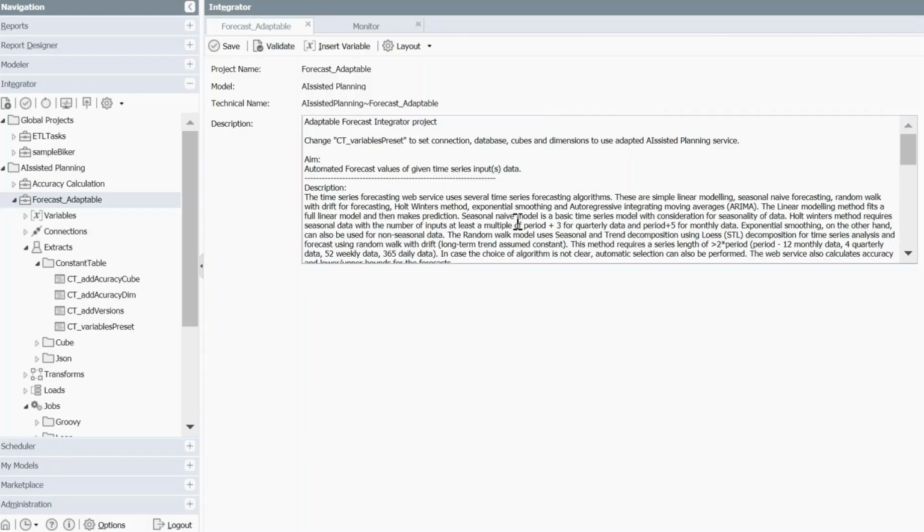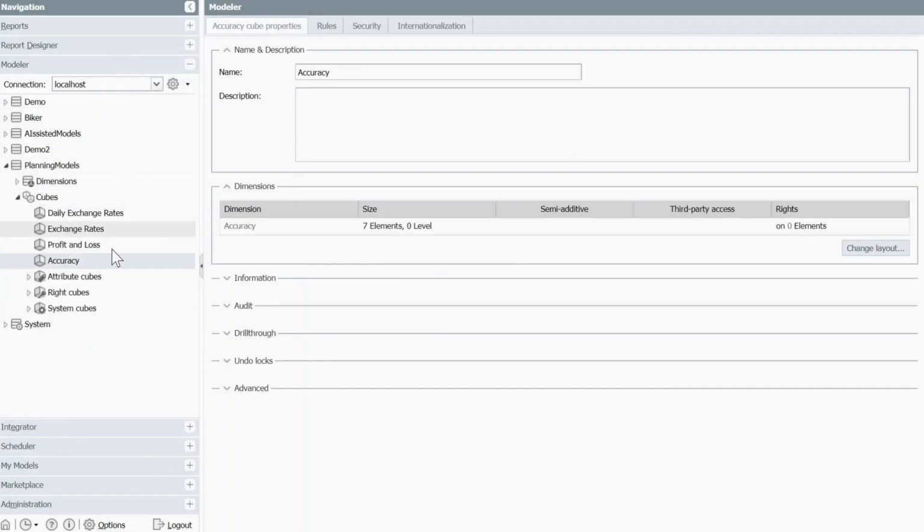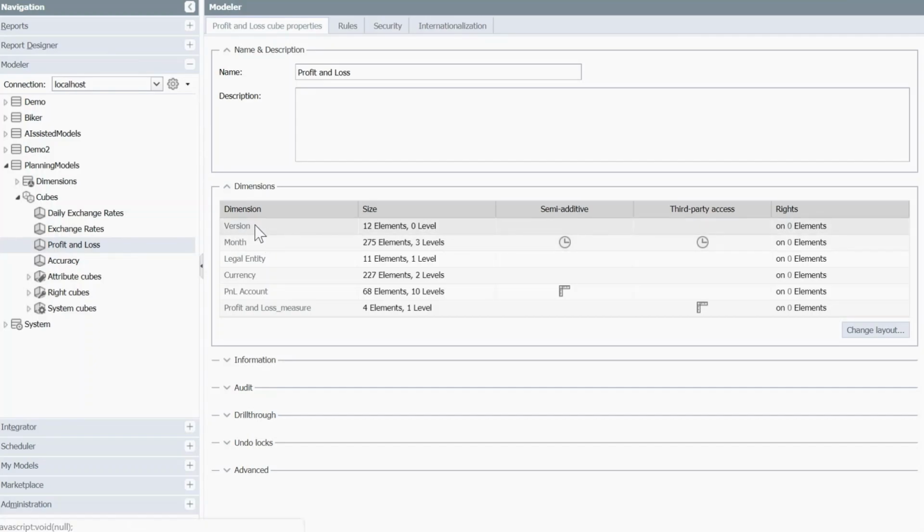Remember, you're going to want to choose the forecast adaptable integrator job for 3 dimensions, and that is because the profit and loss cube has 3 dimensions in addition to its special dimensions, which are the version and also the time and the measures dimension. Let's have a quick look at that in the profit and loss cube. Again, the version, time, and the measure dimension are all here, and we have an extra 3 dimensions, which is why we should choose the integrator job for 3 dimensions